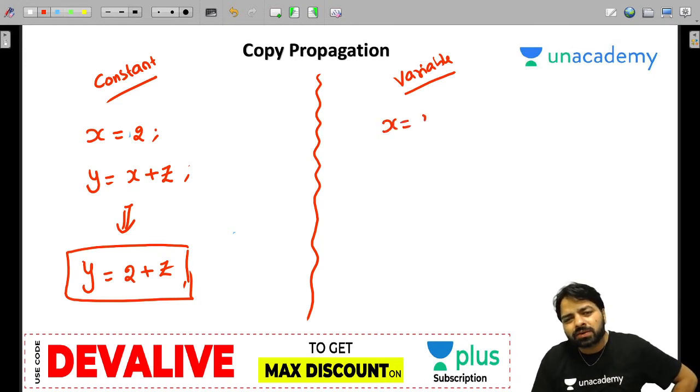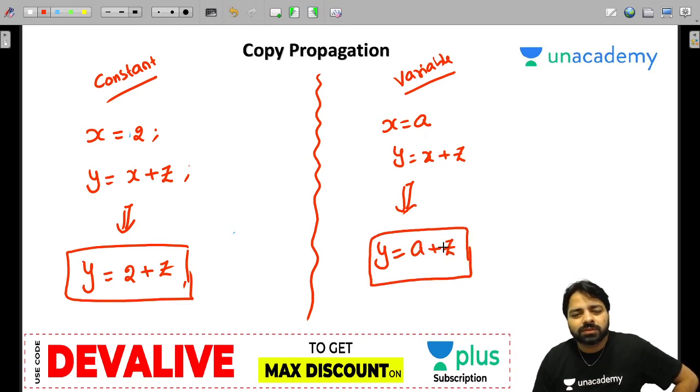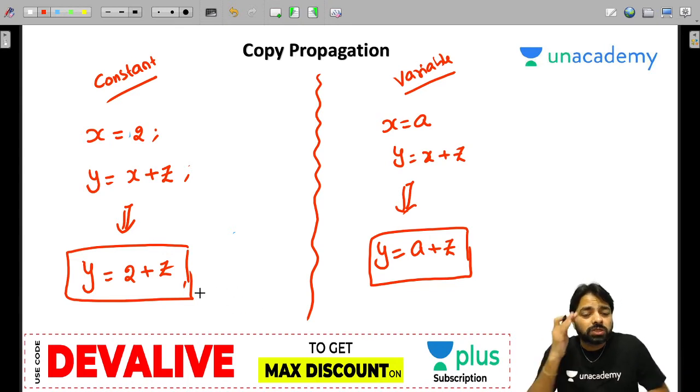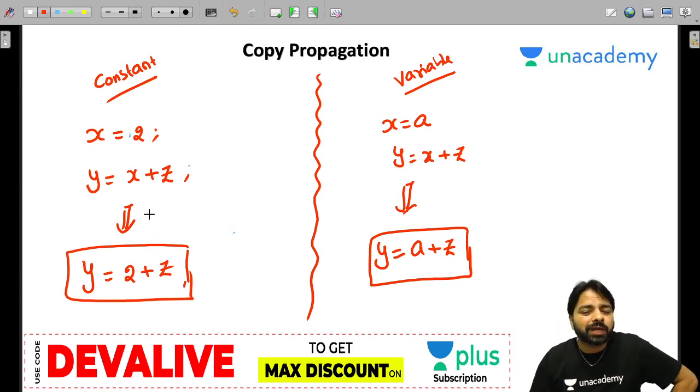Suppose you have x is equal to a and y is equal to x plus z. Wherever x is there, you replace it with a. You can propagate a variable too. This is the optimized code. One, you are applying constant propagation; other, you are applying variable propagation.